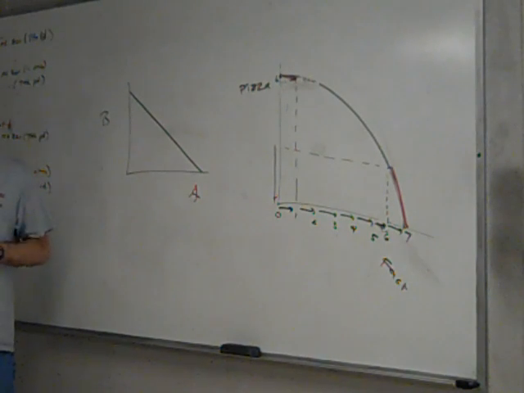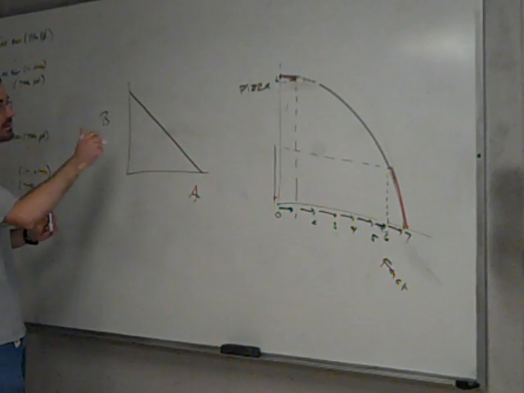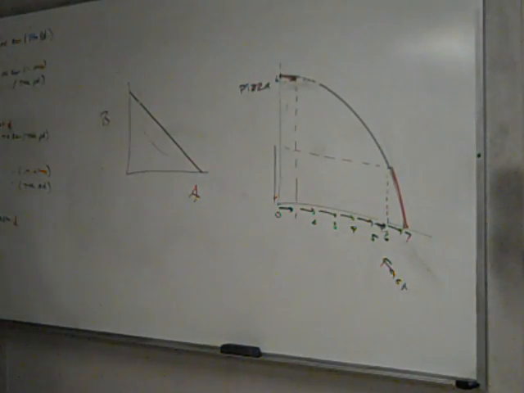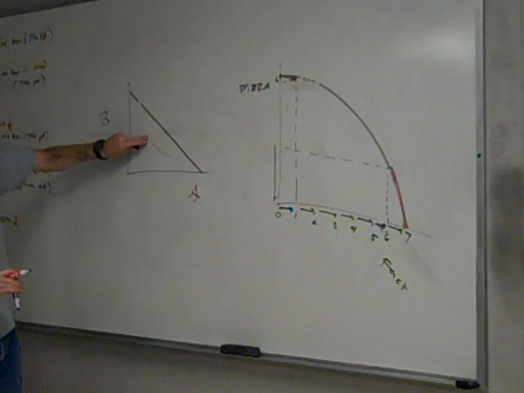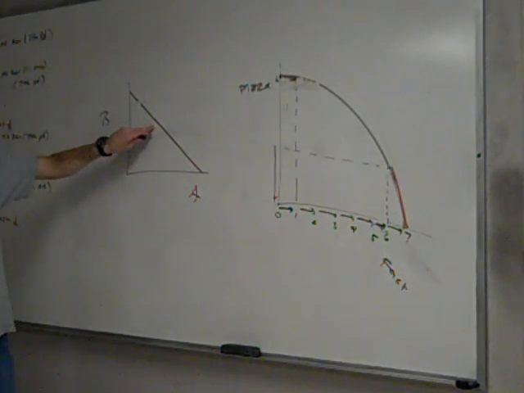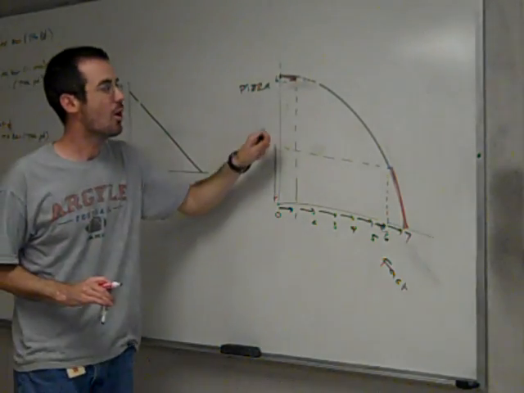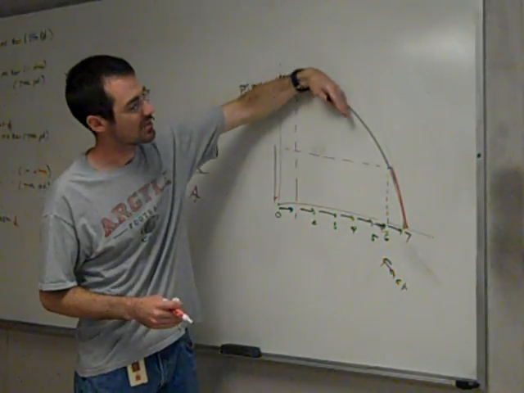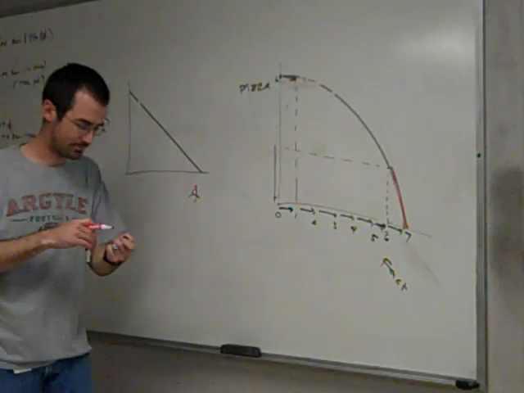You will never ever get a convex PPC. It's nonsense. It cannot possibly happen. Don't draw one. Don't answer questions that ask you about one. That is always a trick. That's always a wrong answer. It's a lie. There's no such thing as a convex PPC. They're either unrealistic and flat because all the resources are exactly the same, or resources have varying abilities, and so you get this shape. And I forgot to say something really important.